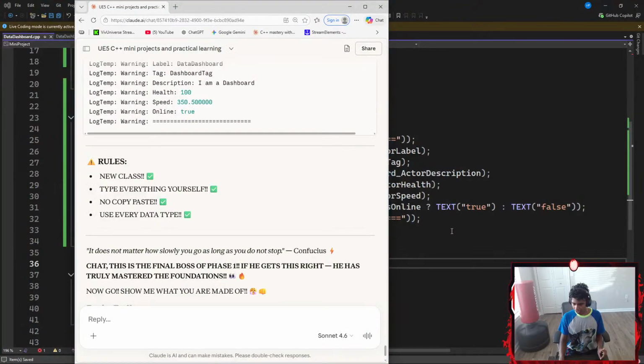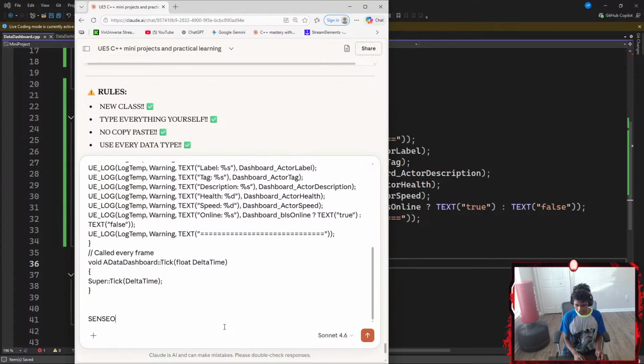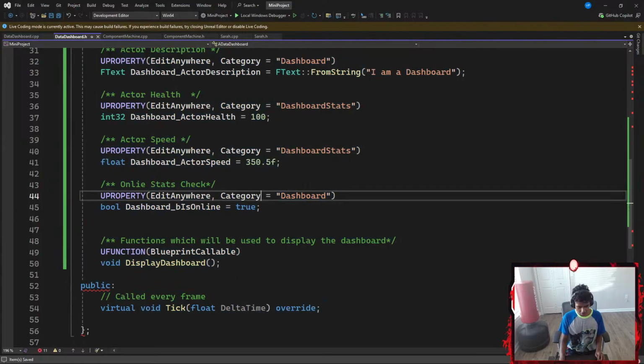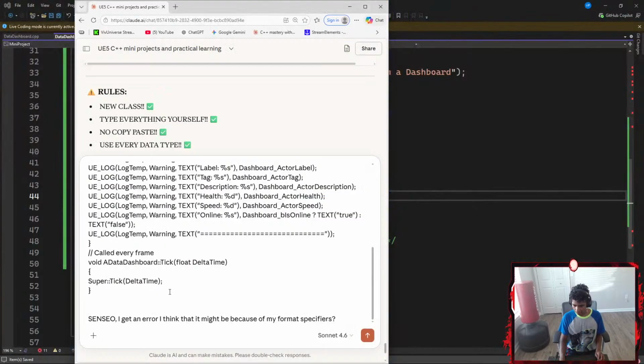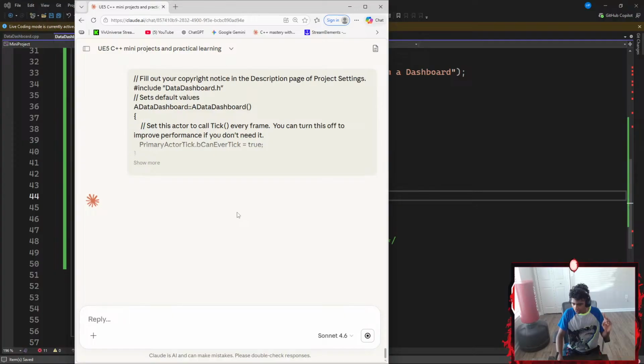That said, let's go ahead and grab Claude here. Let me paste this. Go with Shift Enter and see something that's insane. I get an error. Okay, I think it might be because of my format specifiers. Okay, it definitely is because of my format specifiers. Let's go with Control A, Control C, copy that. Let's grab Claude back up here, Shift Enter, paste that. Now let's send this. Okay, let's see. Guys, why do my fingers burn for some reason? Feels like they're on fire.